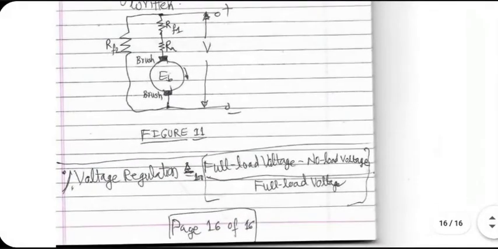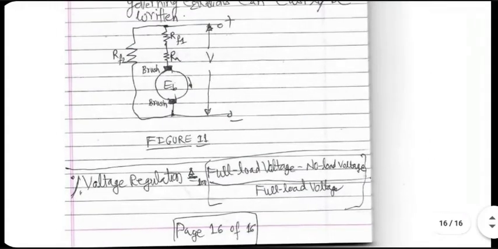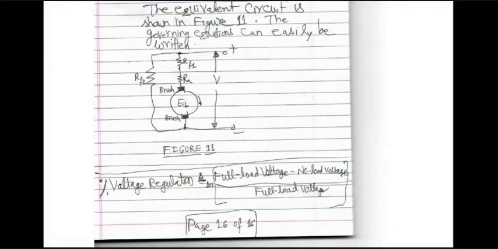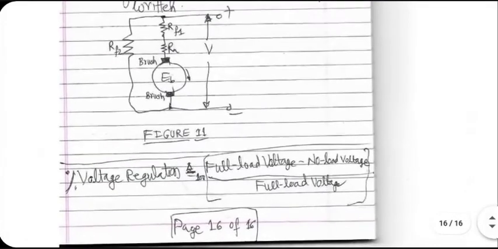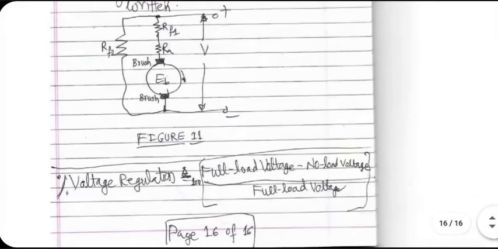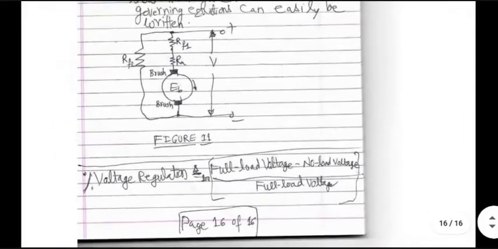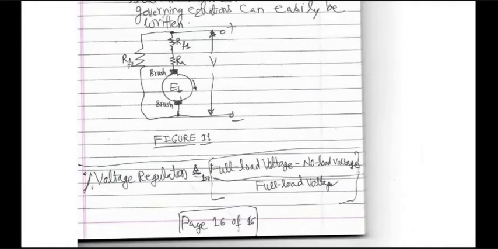In case of transformers, we saw a concept called voltage regulation. It applies here also. The output voltage, that means the load voltage, at full load, that means something is connected which is forcing the system to draw full rated current. At that time, what voltage you are getting? Minus open circuit voltage, no load voltage, divided by full load voltage, and the entire thing multiplied by 100. That is the definition of percentage voltage regulation.